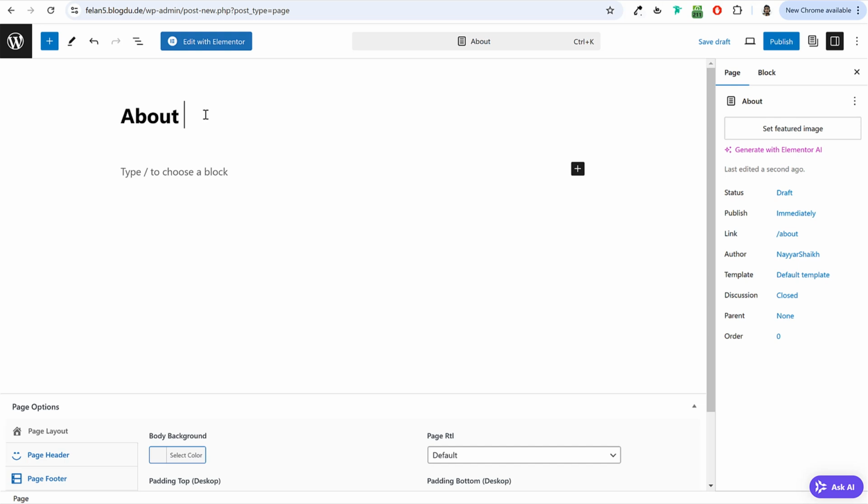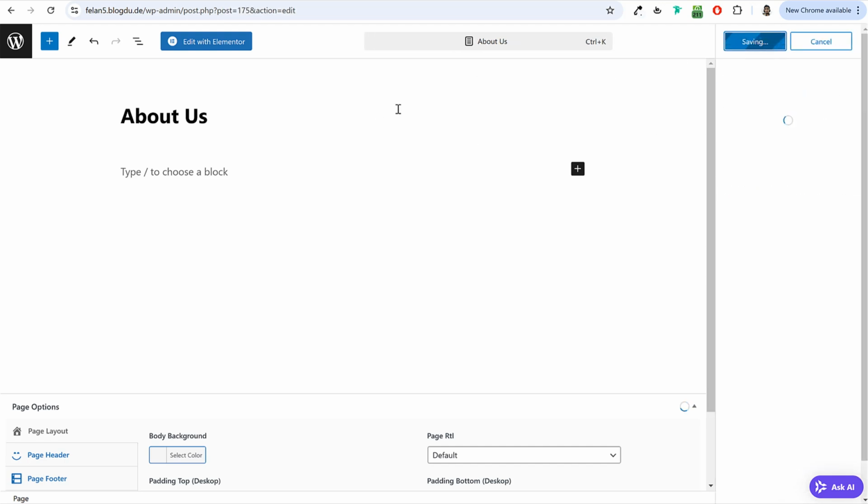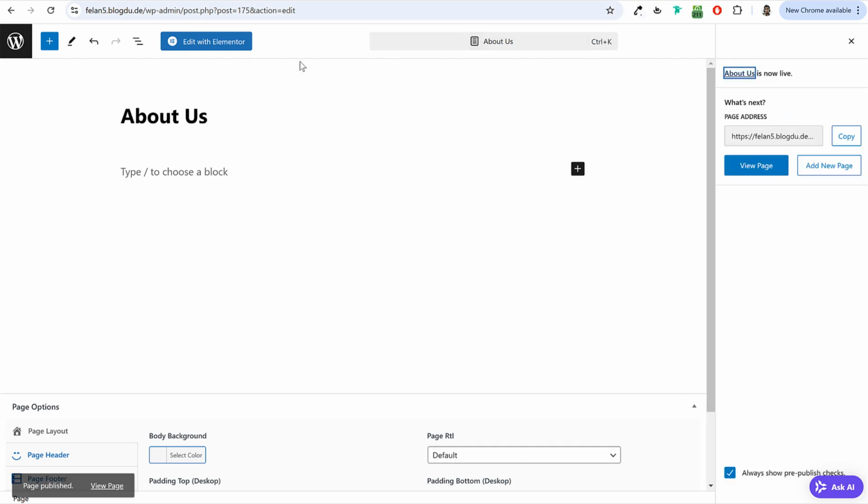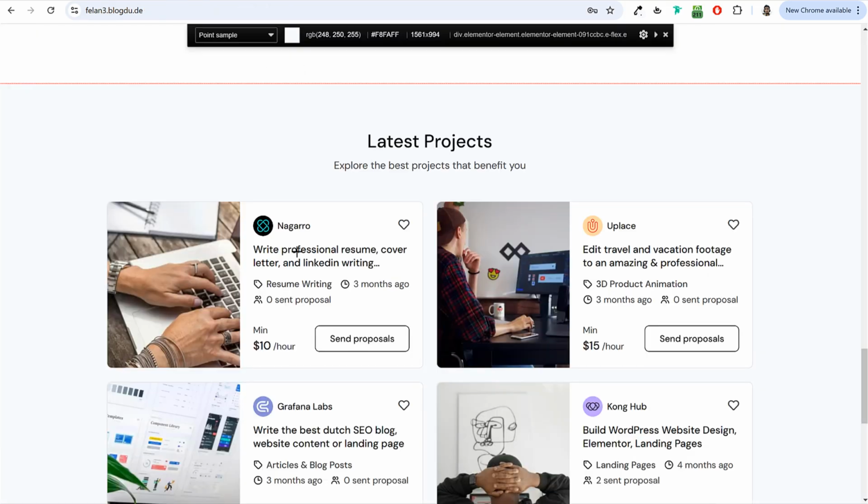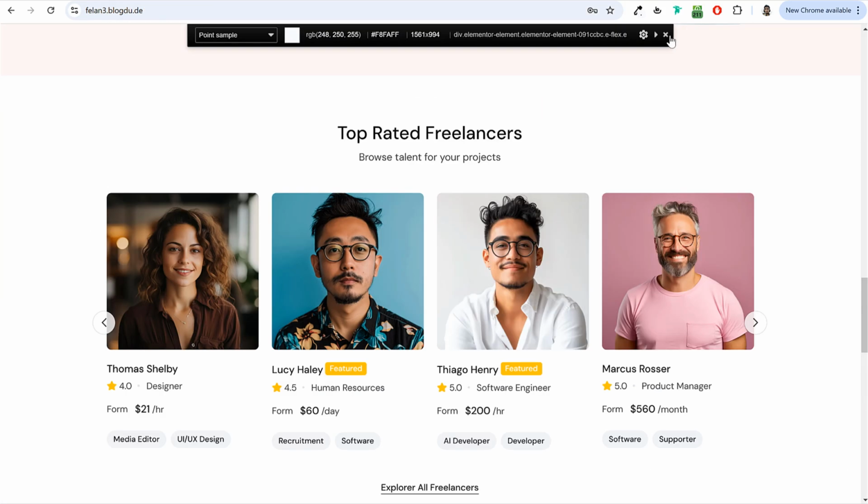So we'll give it a title of about us. At the right hand side, change the template. Instead of default template, make it Elementor full width and publish this page. We don't have to set this page or anything. We can simply design it. Now I won't be designing it from scratch because it takes a lot of time. You have seen with the home page, just to create this simple home page, it took around half an hour